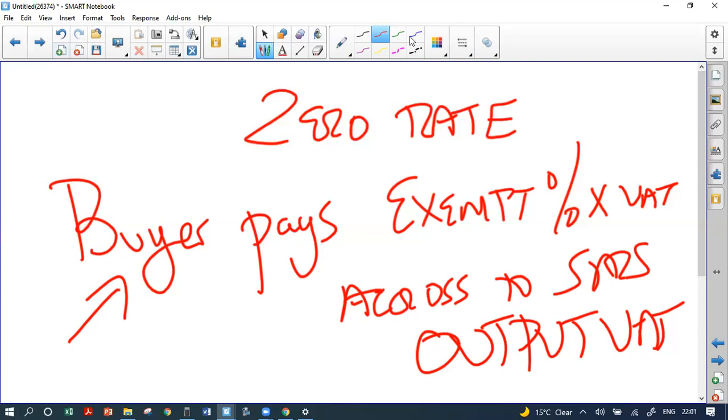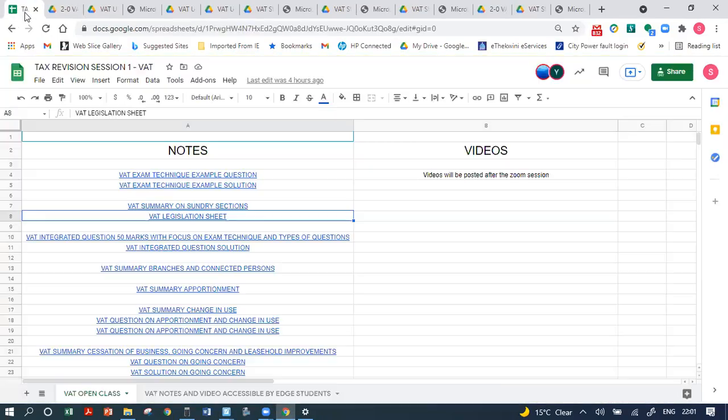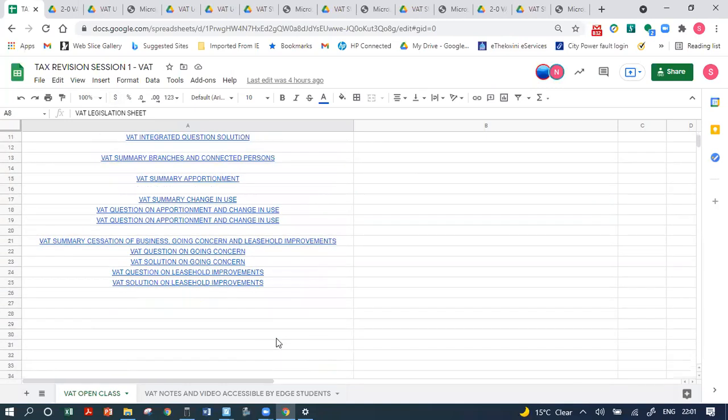Okay. And if you want to see how hard a question can be asked on this, the hardest possible question you could ever find generally on this is this VAT question on going concern that you will be able to go and access. I will put a solution in there for you so that you know how that works. Okay. And if you've got any problems with going through the solution, just have a look at the video. Guys,